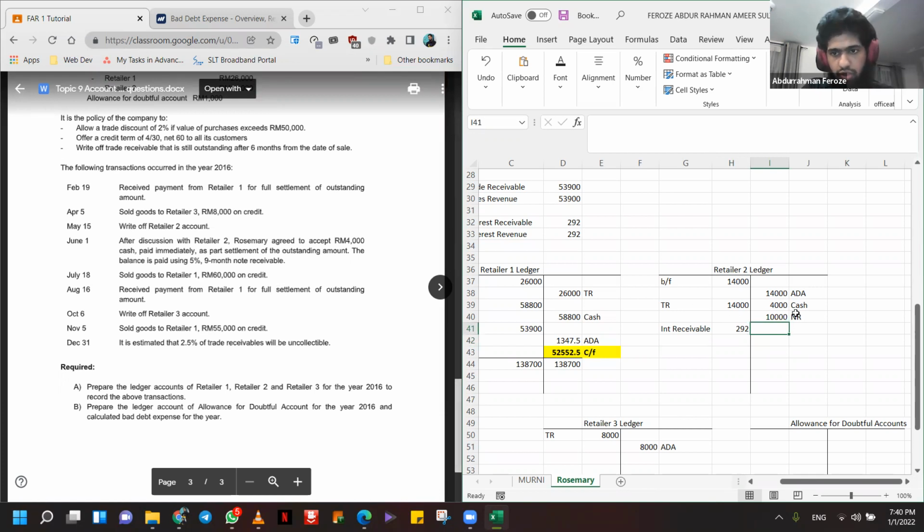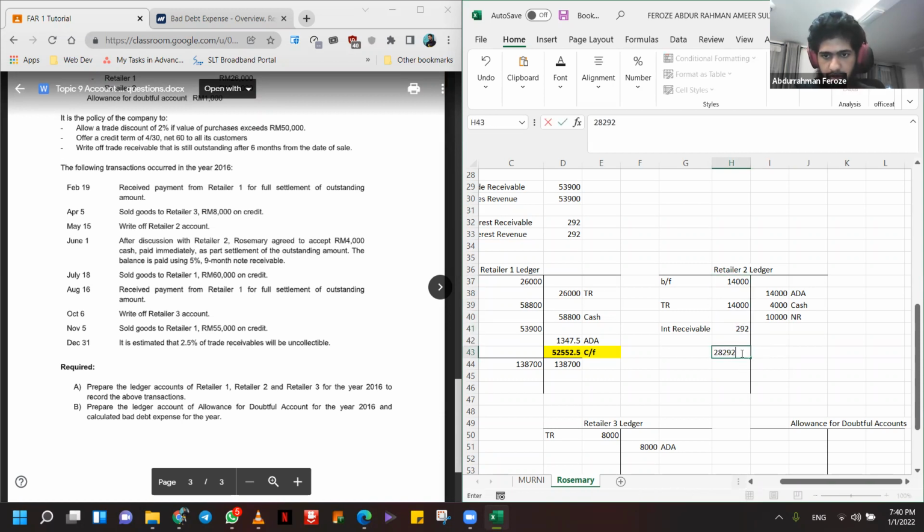For this one, they have already agreed to pay based on cash and a note receivable. So this would not come on a trade receivable again. So we don't have to add in another allowance over here. Okay. To the sum here,